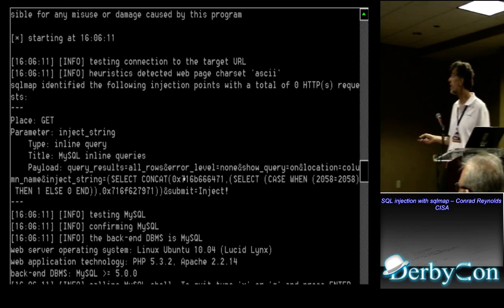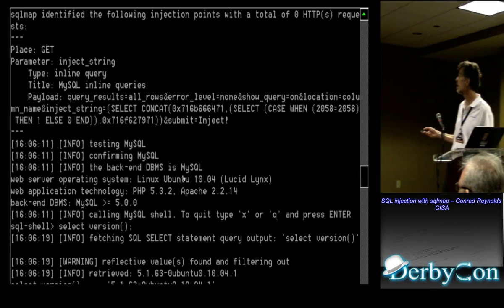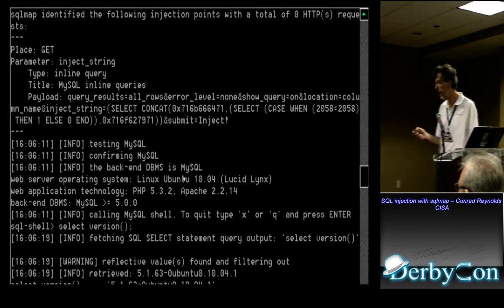The other thing that you can do, however, if you've got the inline query, is you can tell it to just go ahead and give me a SQL shell. Again, we're cut off a little bit here on the left, but you can see the shell and the fact that I was able to type in select version, and it goes off,